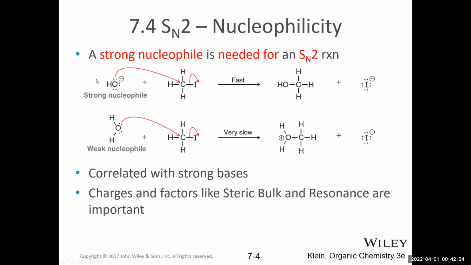So strong nucleophiles work best with substrates that are not very sterically hindered. So this would be a methyl alkyl iodide. We're great in these reactions. So this is a much faster reaction because not only does it have an ideal substrate that's not sterically hindered, but it also uses a strong nucleophile.